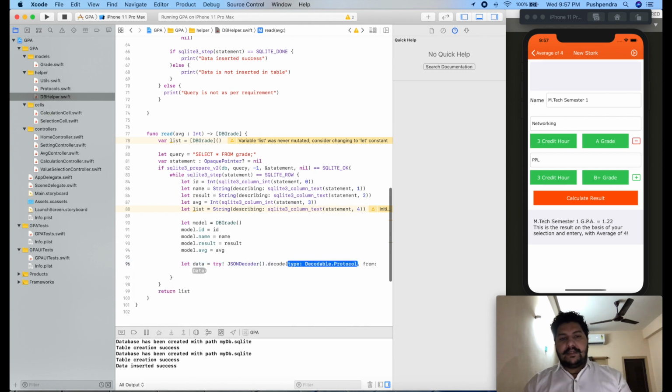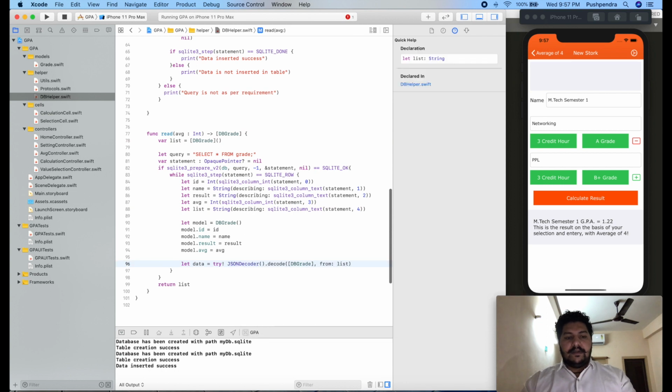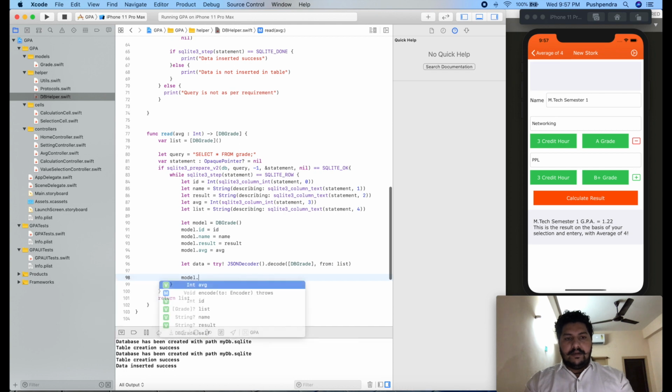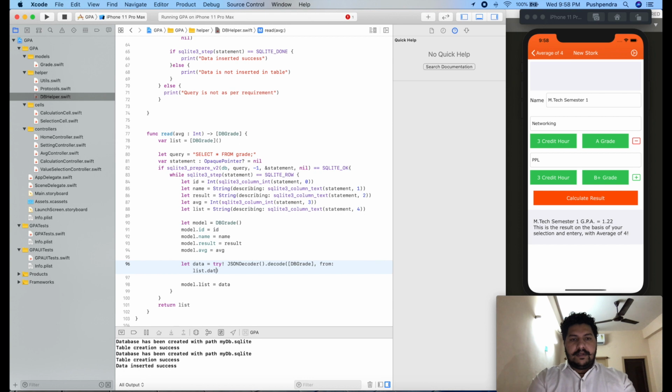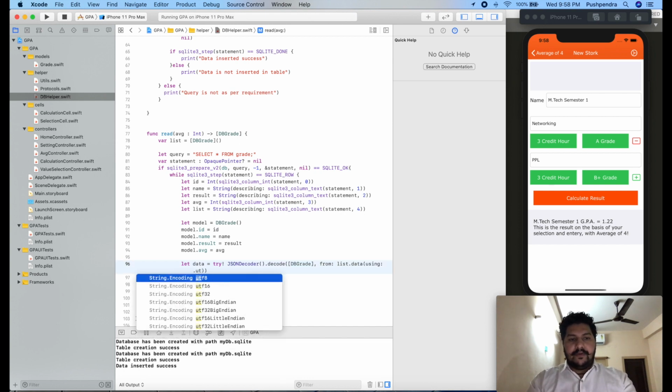Here we have to pass the type of DBGrades, and from data, from list. So that's enough. Now model.list equals data. So here it is list.data, and here the encoding type is UTF-8.